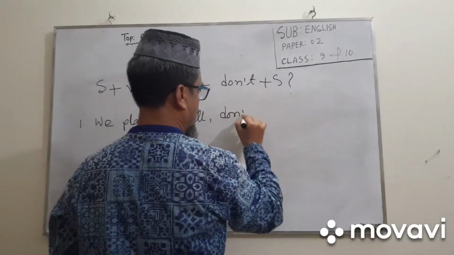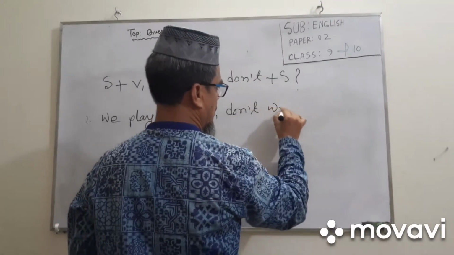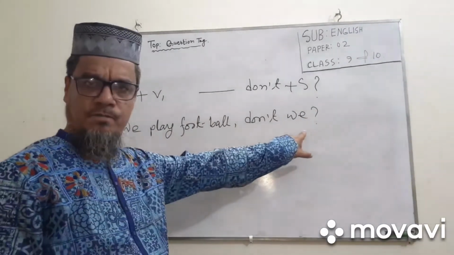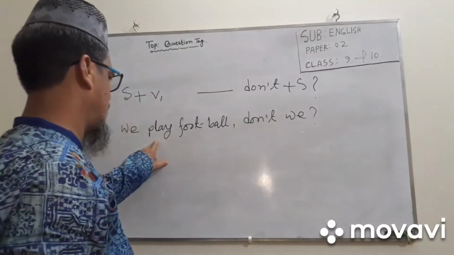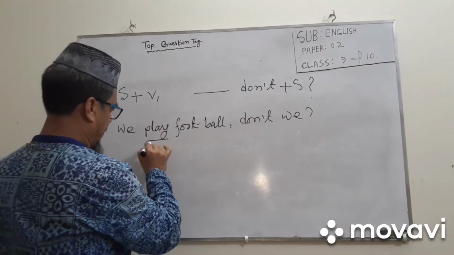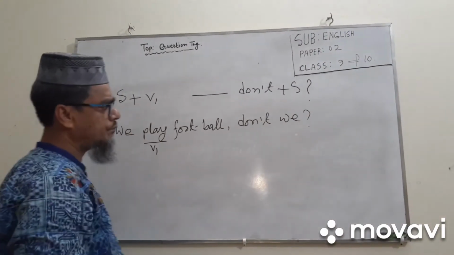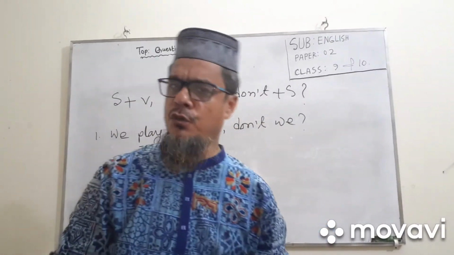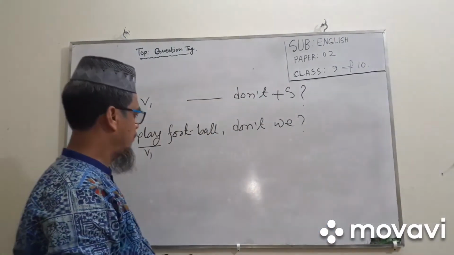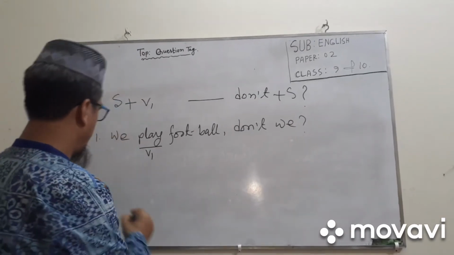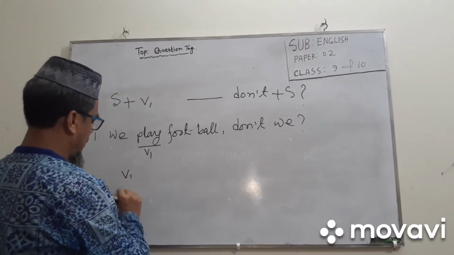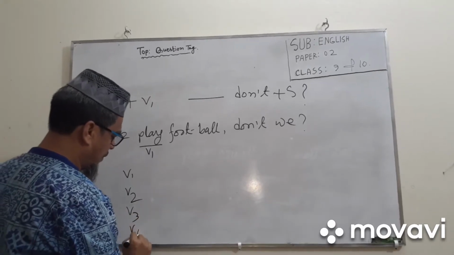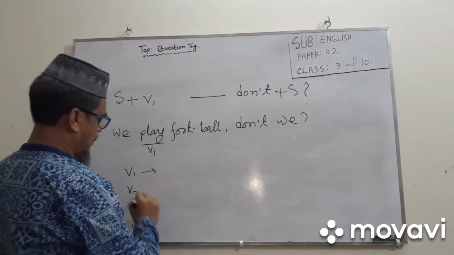Don't we? We, subject, here don't V1. For the short form of the structure, we can use V1, V2, V3, V4. That means